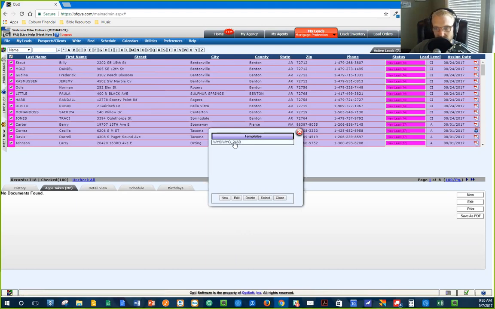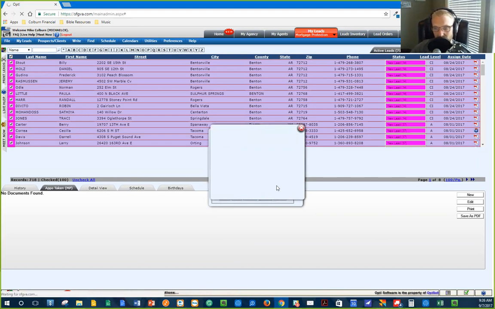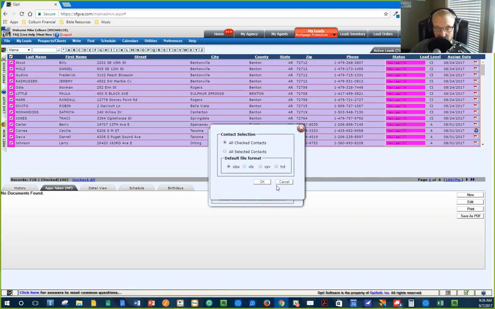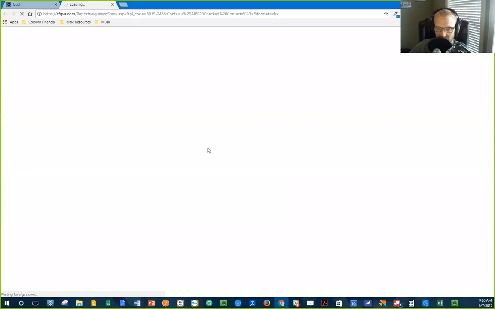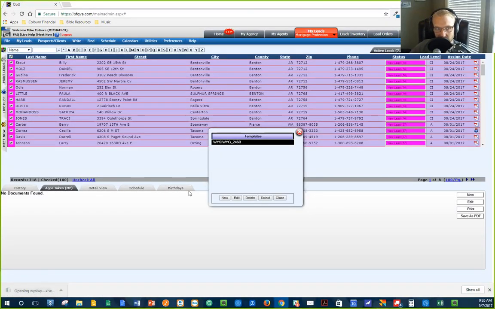It will ask you, what do you want to export? What template? You can make a new template. The template I have here is for my dialers. They have to be exported in a certain style. But you can make a template. Just tell it what things you want to pull out. There's a ton of them. There's a massive amount of information in here. Then you would just hit select. Those of you that are new, you'll have to make your first template. But select, then you can export it as whatever file you want, text file, Excel file, whatever you want. Click OK. And voila, there it is.